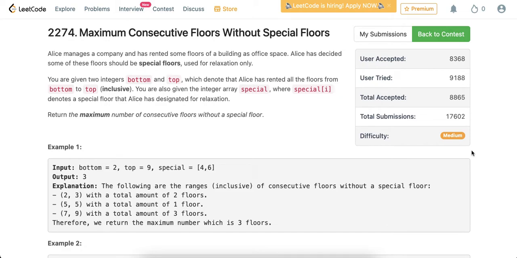The problem for this week's contest, week 293 LeetCode contest, is about finding the maximum consecutive floors without special floors. There are several inputs here. First is the bottom and top, that is the bottom floor and top floor that Alice actually rented in a